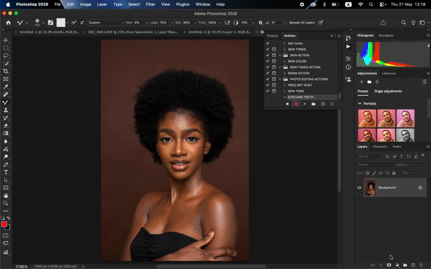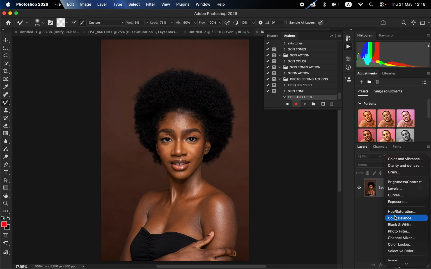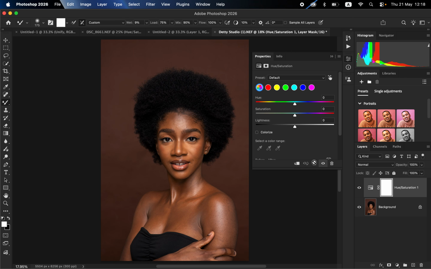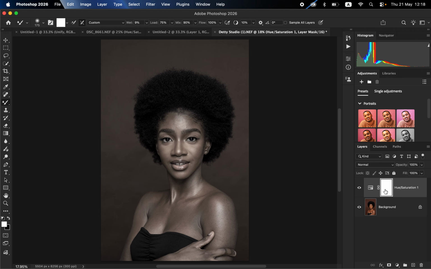So for this, basically I use a simple technique, that is creating a hue and saturation adjustment layer, and all I have to do is desaturate the image to around -75. Then with this selected, I press Ctrl I on the keyboard, or Command I, to invert this, and you can double click to rename this to eyes whitening or eye whitening, or whatever you prefer,